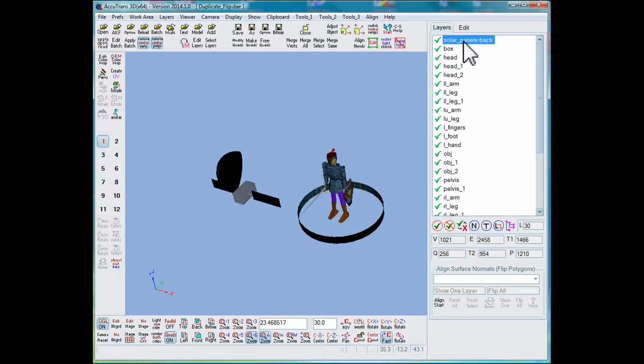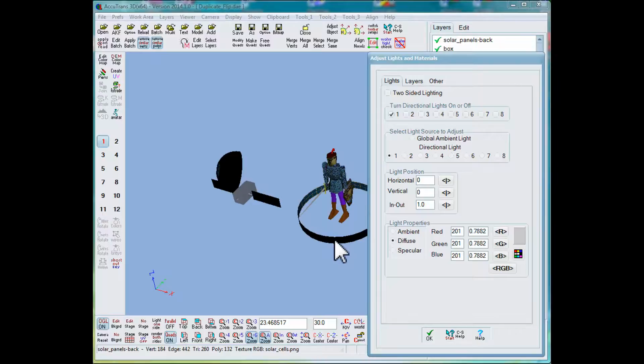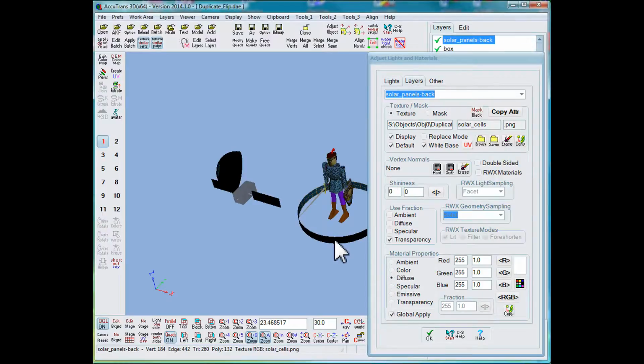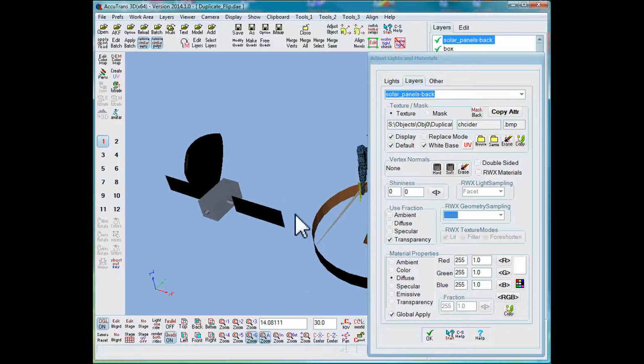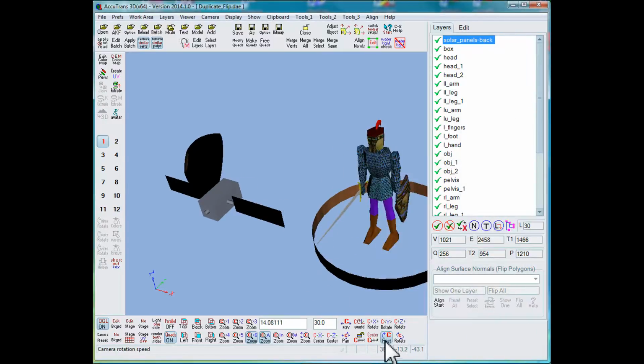As solar panels is the first layer in the list, it is rendered first, and we don't see the other layer. So I'll go over here to create, go back up to here, click this one, bring this panel back, come down here, right click, our layer is selected, solar panels back. I'll go to the Browse button, click Browse, go up here, click on this texture image, go OK, and now click that OK, and now if we look at our object,